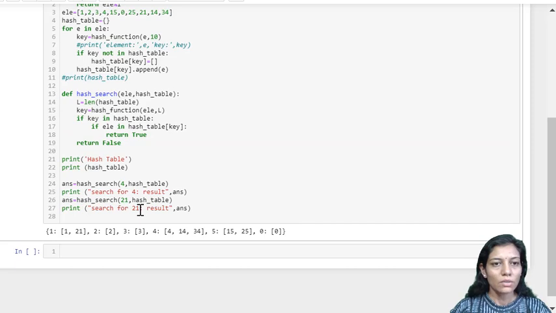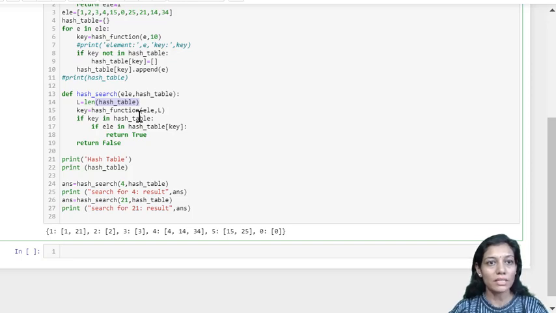Wherever I want to search for element number 4, I'll be passing the hash table, that is my dictionary in which I'm supposed to search, and the element 4, and we'll be finding the length of the hash table, that means the length of my dictionary. First of all, I need to find the key of the element, that is, in which slot I am supposed to make a linear search. I've got the key from the hash function.